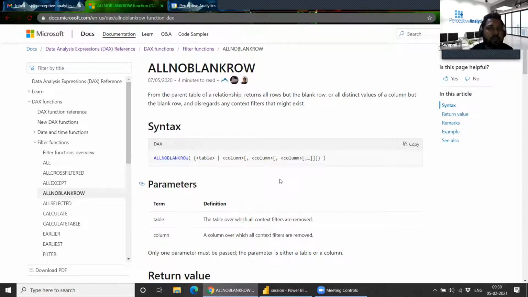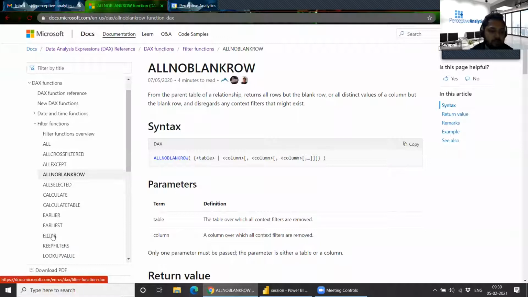If you want to do a sum based on a certain condition, you can use the SUMX function. For example, I want to do a sum for a particular category and not for the remaining categories. In that case, you use SUMX with a filter function. We'll come to this filter function.